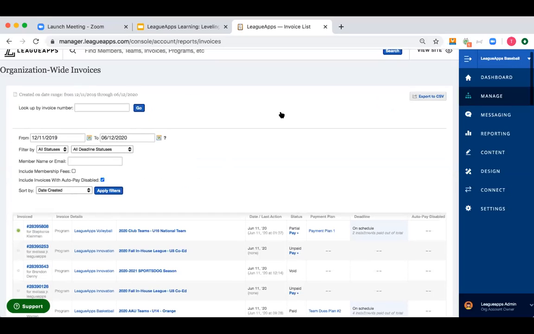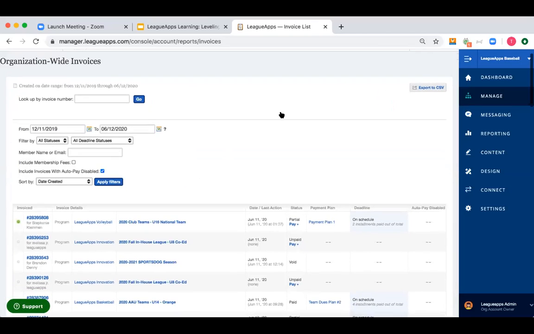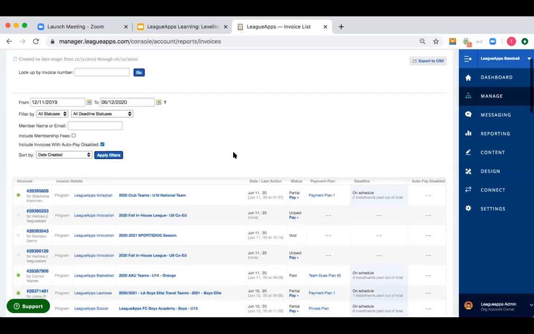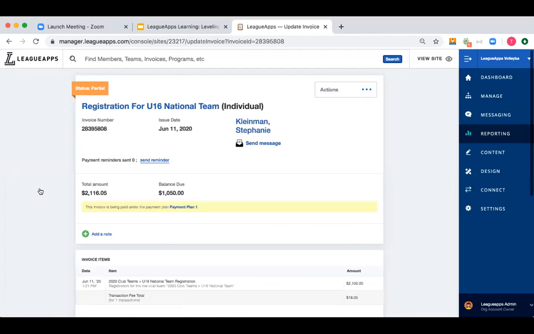So this is the invoices report for the organization. This is going to include all of your different subsites, just like the last one, and all of your different invoices. It's going to give you a listing of the invoice number, the program, what site it's from, etc. Every invoice has an invoice number that you can click into. It takes you directly to that invoice.